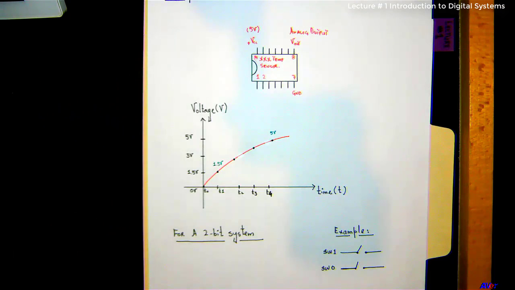And it's actually taking the voltage versus time. And you see this graph, the T0, T1, T2, T3, T4. These were the 4 different time periods at which the data was taken. So what is the voltage at T0 right here?